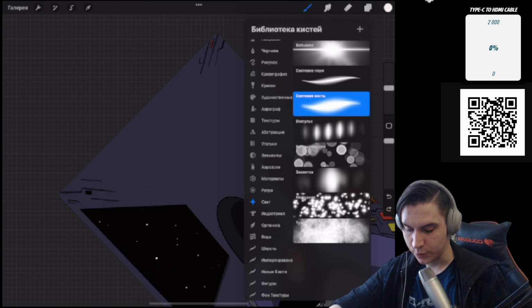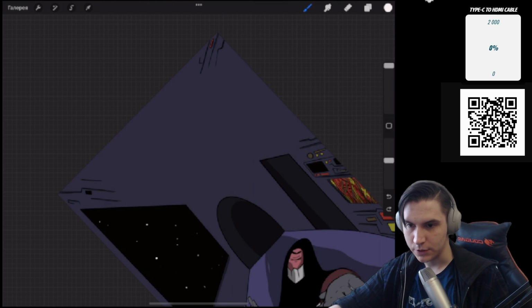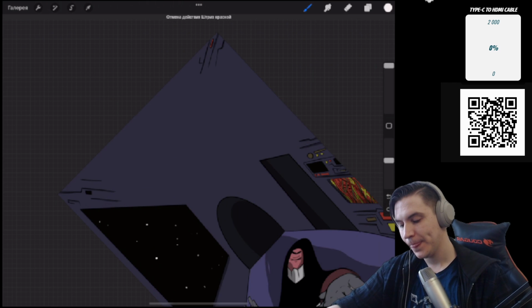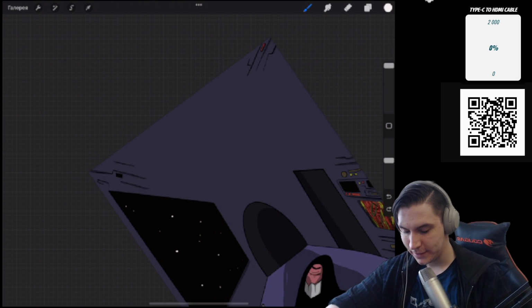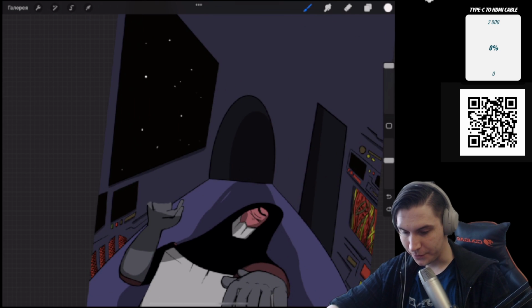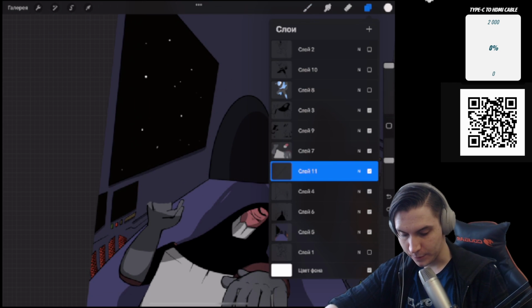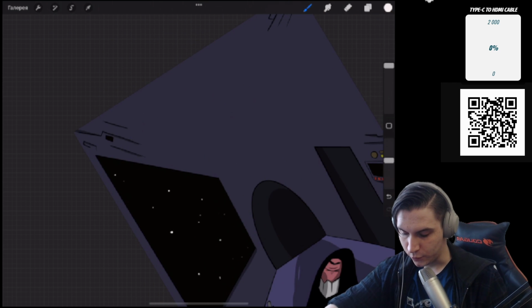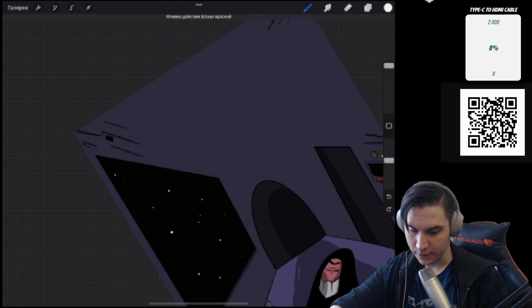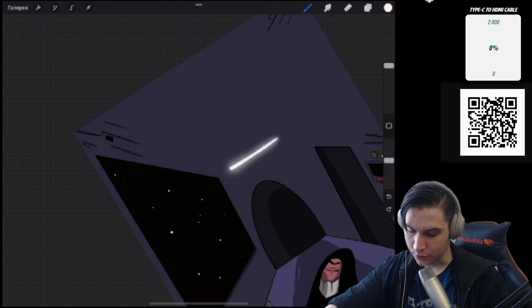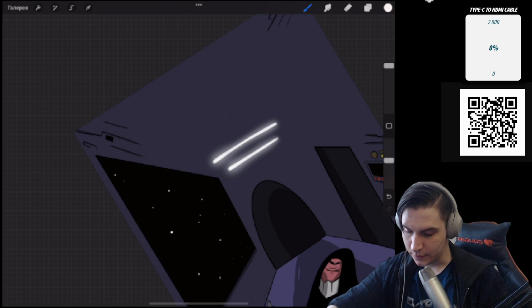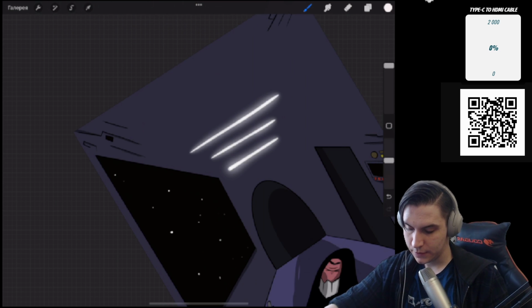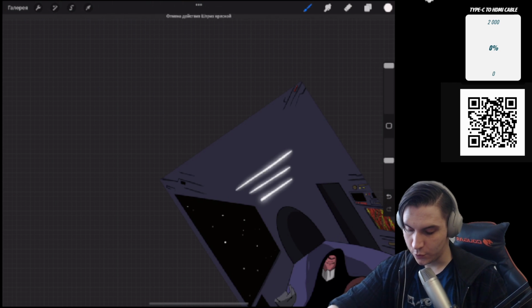I don't like this one. I'm gonna use this one probably. Yeah. So now we're gonna add light coming from the room in the back. Okay, that's all. I feel like there were more details, but okay. So this is the separate layer, and I'm not sure if it's gonna look good, so that's why I'm using a separate layer. I'm gonna make it like it's coming forward,